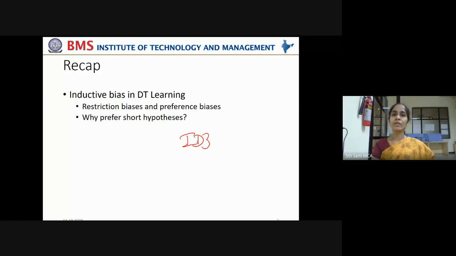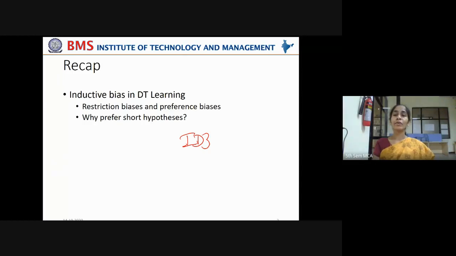And also we have seen Occam's razor theory, which indicates that the short hypothesis should always be preferred over the long hypothesis, because it reduces the chances of coincidence and gives us the optimal solution, right? If we have fewer solutions, chances of coincidence will also be less.